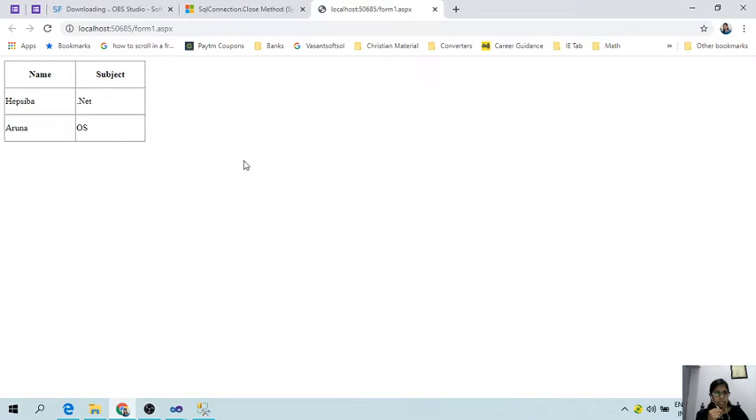in the grid. The information we wrote in the table must be loaded in the grid. Yes, the information we have written is showing in the grid: name, subject, name of the lecturer, and the subjects they teach. Okay,